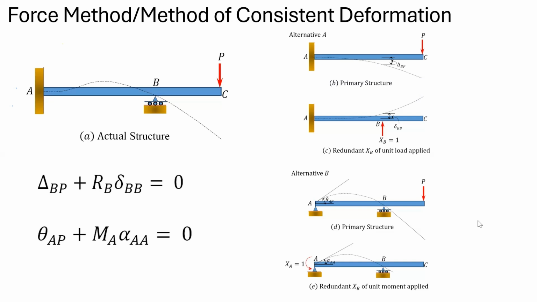So how many reactions are there? I will calculate the reactions. Reaction at A, the reactive moment and the vertical force. I am neglecting the axial deformation in the beam, so axial effects will not be there. We are not using axial deformation, so one equation will be less. So the reactive moment at A and the vertical reaction at A, there will be two reactions, and one reaction at B. So the total number of reactions is 3.